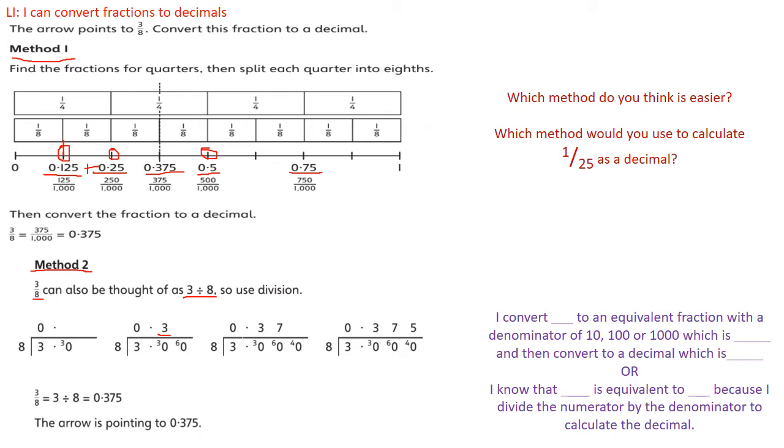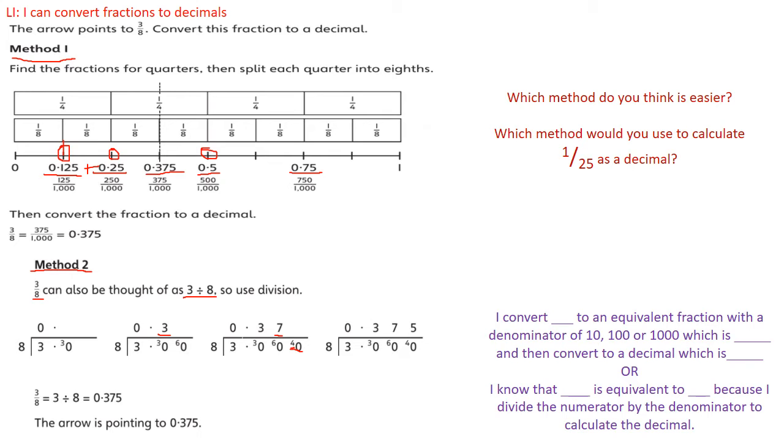I'm having to put a 0 in because, as you can see, I've run out of digits. So now I want to do 60 divided by 8. How many lots of 8 are there in 60? Well, I know that 7 times 8 is 56. So it goes 7 times, and the remainder, 60 take away 56, gives me 4. Again, I've run out of digits, so I'm just putting a 0 in as a placeholder. So now I've got 40